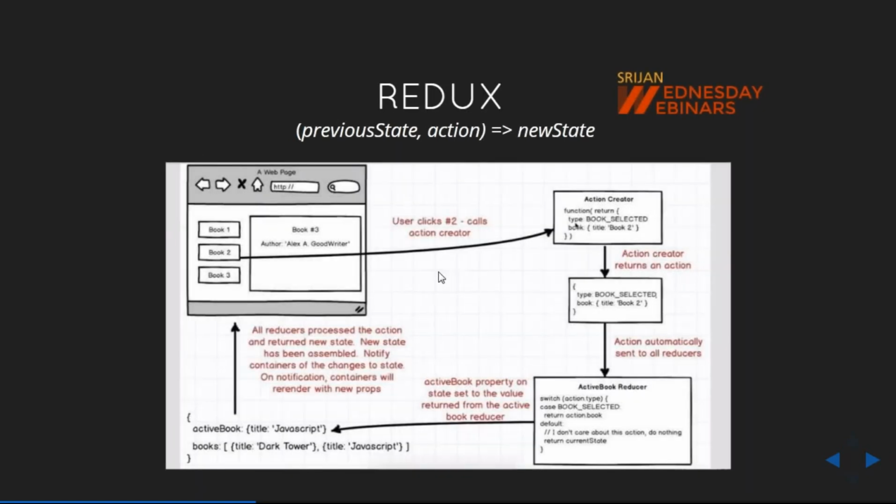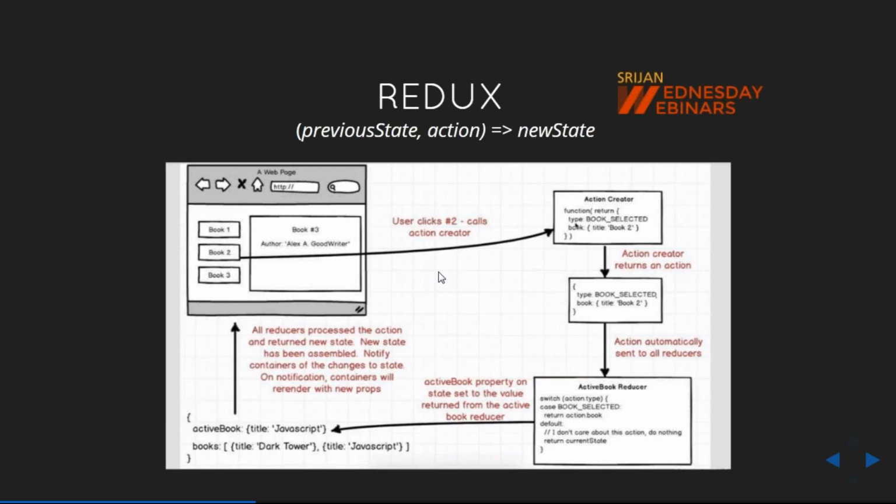This is the important diagram which explains everything that is happening in our React with the Redux. We are going to use the React Redux library to talk to the Redux layer, which has the state of our application, and reducers just update that state, always returning a new state object whenever we fire some action. So when you click on book 1, what is happening?